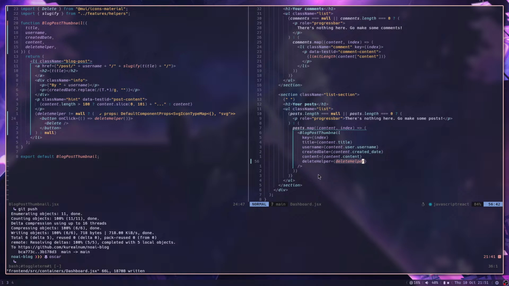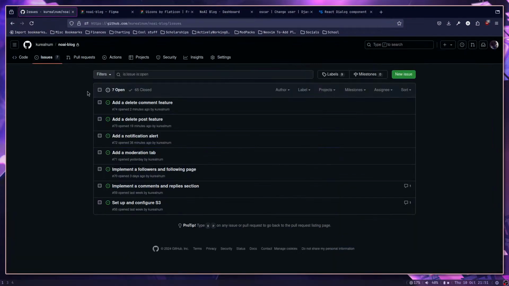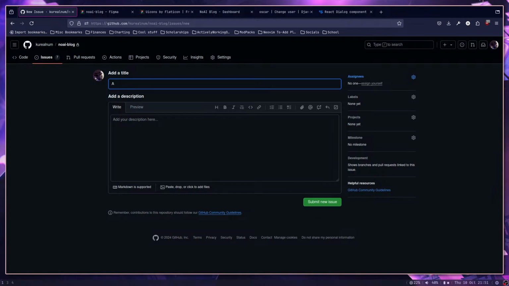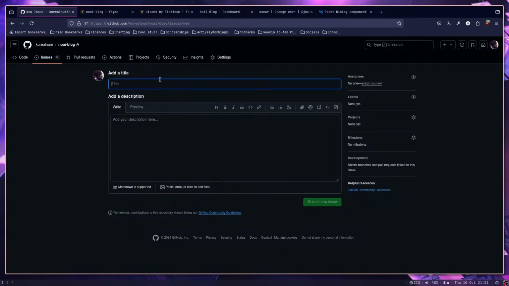So, oh, Jesus, I just realized I also need to add an edit feature for both, the words are blanking me again, both post and comments. I'm gonna go add that as an issue right now. Add an edit comment feature. You know, I thought I was getting close, but I wasn't. Edit post feature, post to deployment. I mean, uh,